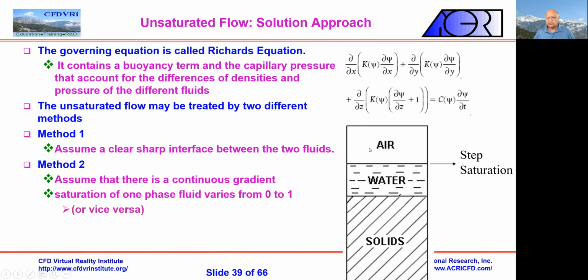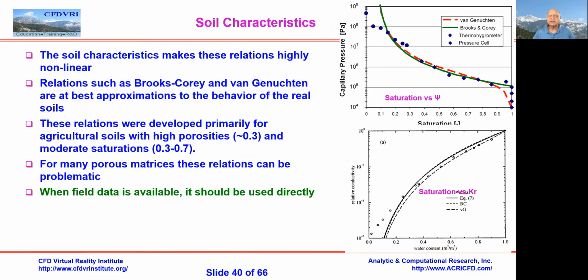So this is a situation here: there's air, there is water, there are solids, but actually there is water throughout. So this is not really a steep saturation. We sometimes assume a clear layer between them, but usually it's a continuous saturation where the water goes from one here to zero somewhere here. Okay, so air also has moisture in it. So both are used for modeling. I just wanted to give you an idea of the different things that happen here.